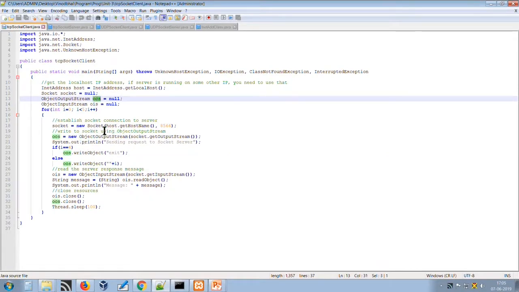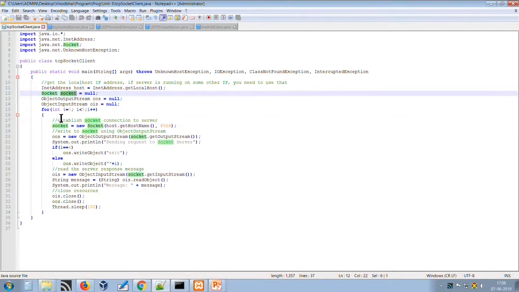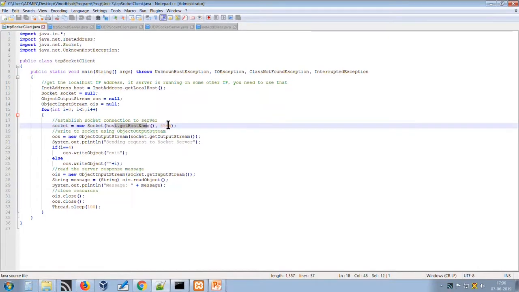What are we writing? We have created the socket, initializing it with new Socket, using host.getHostName and port number 8566. This is the port number on which we will connect with the server. The server would also be listening on port number 8566.